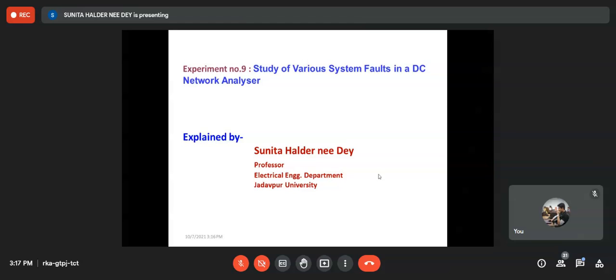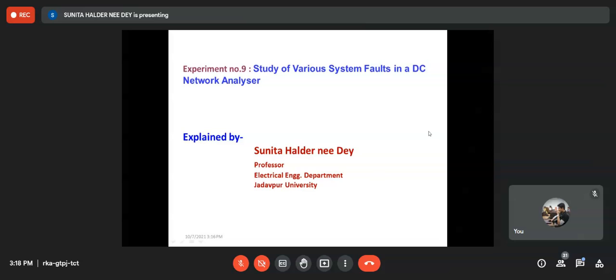We draw the single line diagram and the reactance diagram. But in the laboratory, when we use the DC network analyzer, whatever the number of faults given, it is very difficult to accommodate within those 3 hours. So we generally limit the experiment to the three-phase fault and the single line to ground fault. The experimental data available is only for these two. But if you are interested, you can calculate all the fault currents as instructed in the laboratory manual. Otherwise, for the lab report, you can do only the single line to ground fault and the three-phase fault.